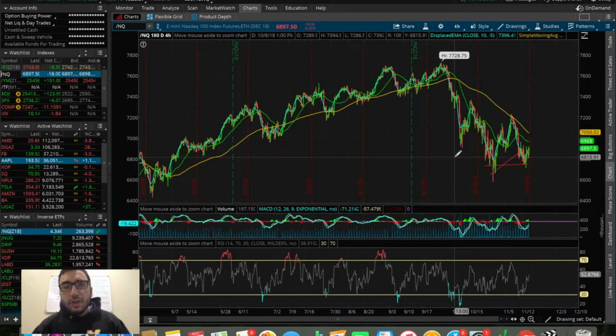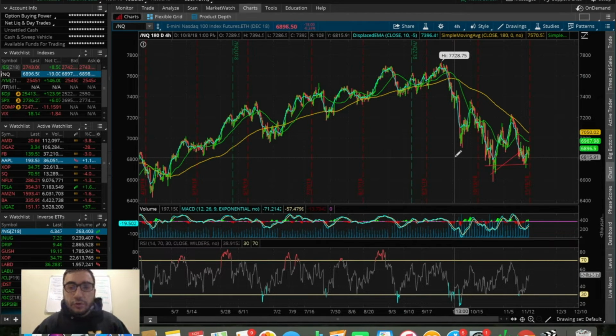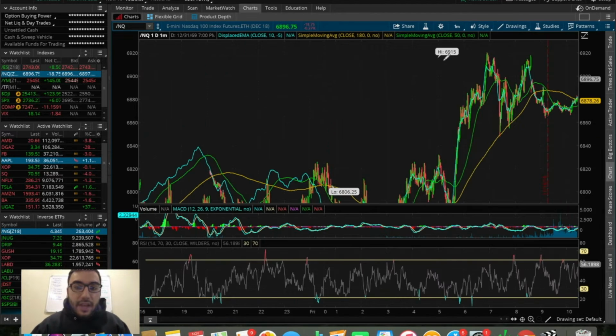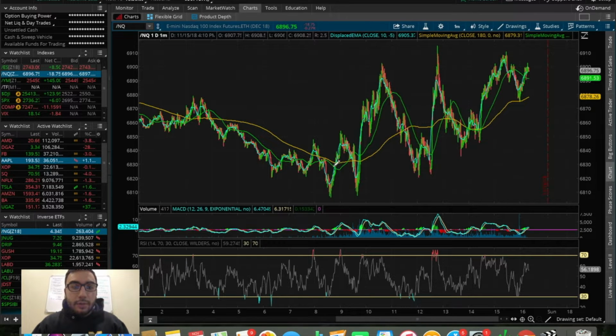And today we saw a little red day, and this is the NASDAQ future. This one's pushing down after the market closed. It's down about $20. But if we take a look at the 1 day, 1 minute chart on this NASDAQ future, we noticed that pretty much today,